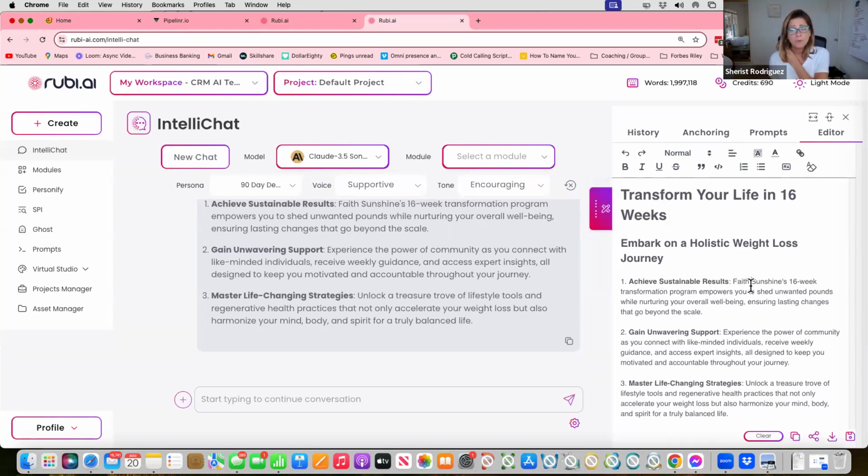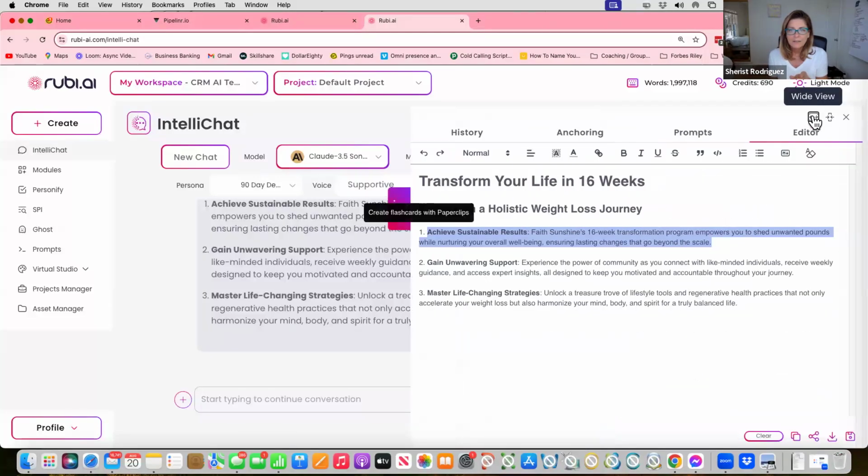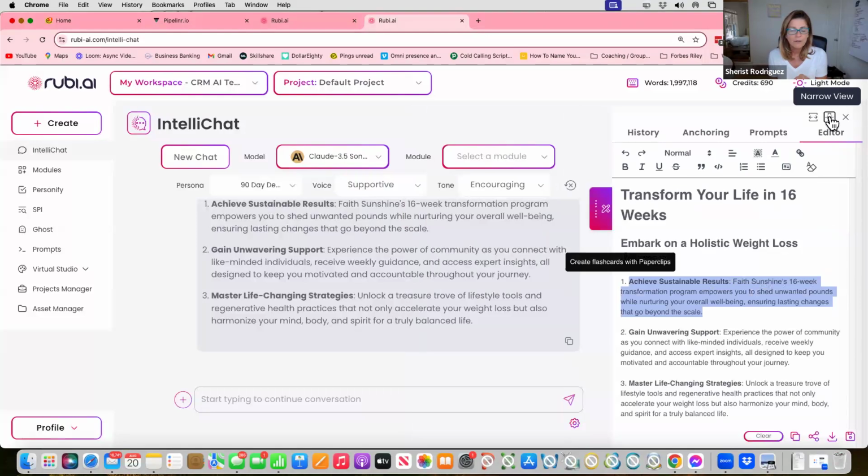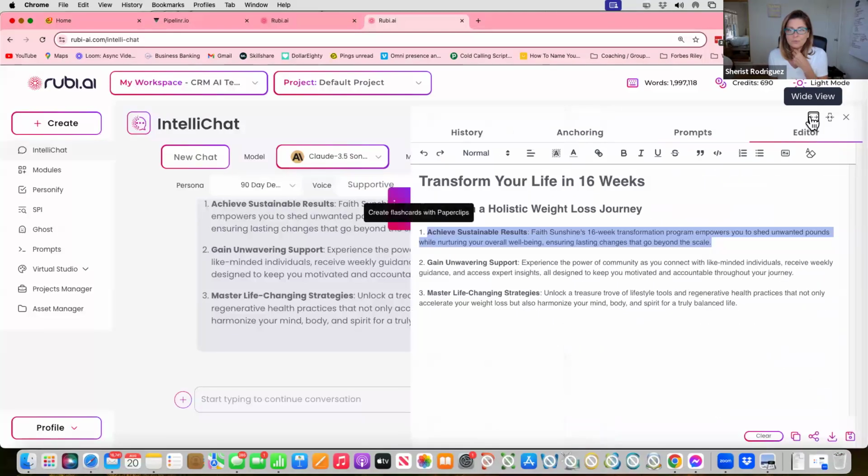And oh, by the way, you could also edit in here as you're going. Another good way to use it: let's say, no, it's now a 20-week program. Then I can make some changes and put it back in here and say, okay, rewrite it and include these new changes I just put. That way you're editing right here on screen back and forth. You can make this bigger by expanding it here or making it more narrow. Those are the two versions.